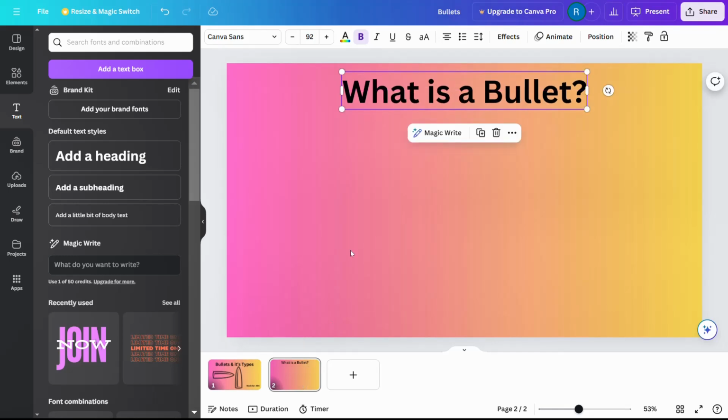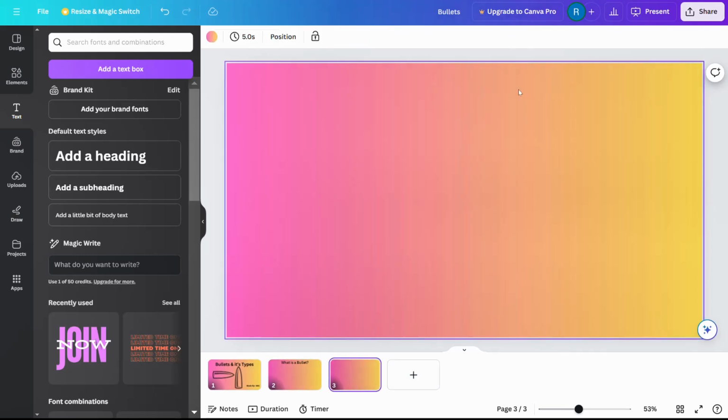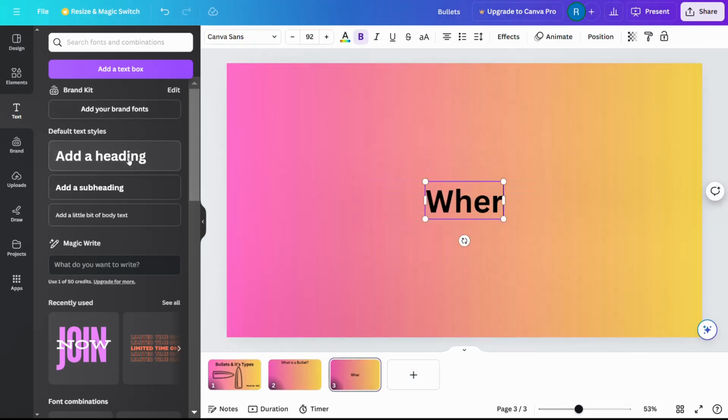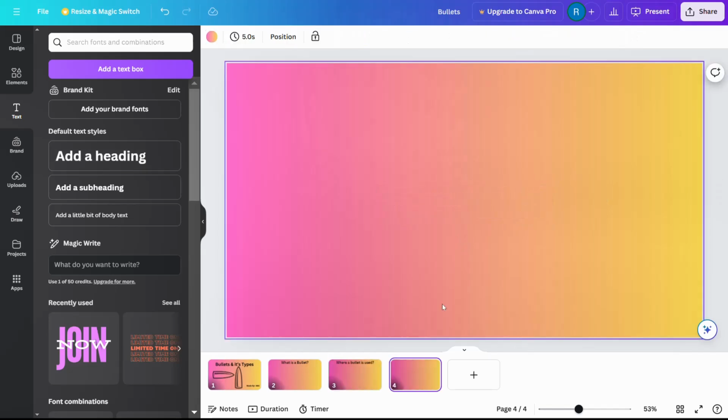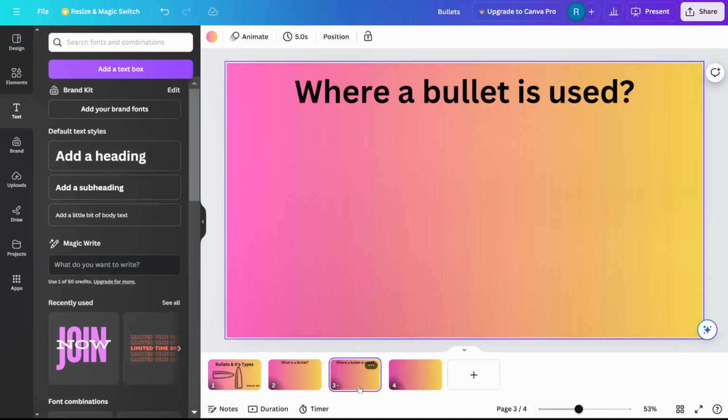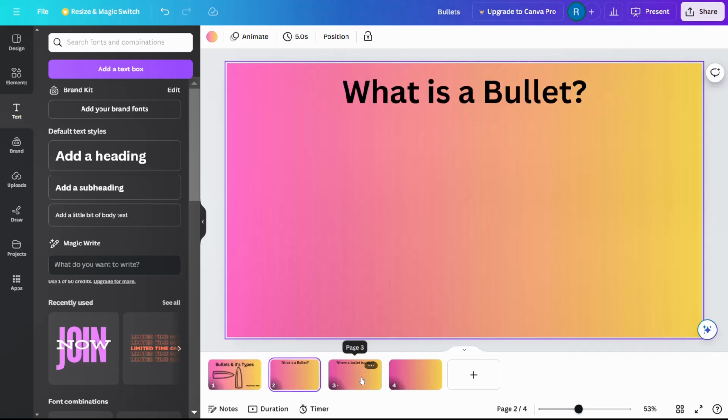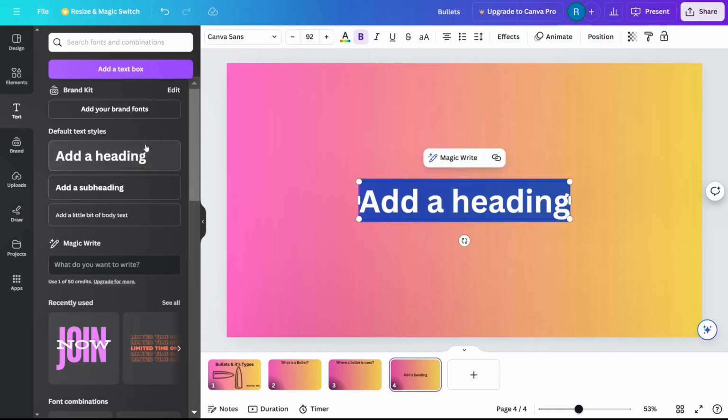In this slide we are going to talk about what is a bullet. In this slide we are going to talk about where a bullet is used. By adding all the headings to your presentation beforehand, before going deep into a particular slide, you get a more eagle's-eye view of what exactly is going to unfold during this whole presentation. In this one, I'm going to talk about